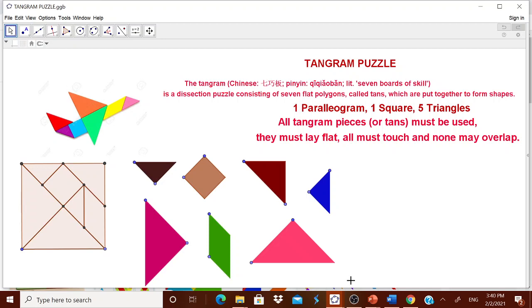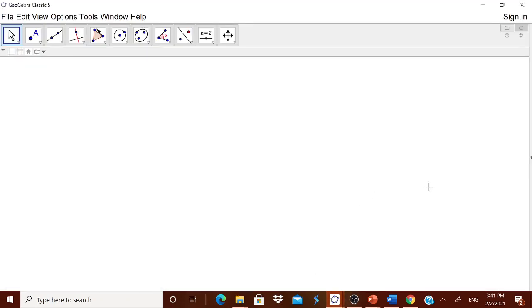But normally this will be done with a piece of paper. Now here we will try to use GeoGebra, how these pieces can be obtained using GeoGebra and can be used. But in the beginning, I will tell you how a child will be tempted to form a geometrical shape, maybe an airplane or the shape of a house, using these 7 shapes. Let us try to design this dynamic worksheet from scratch. For that, I have taken a GeoGebra Classic 5 worksheet and I have taken the geometry view.